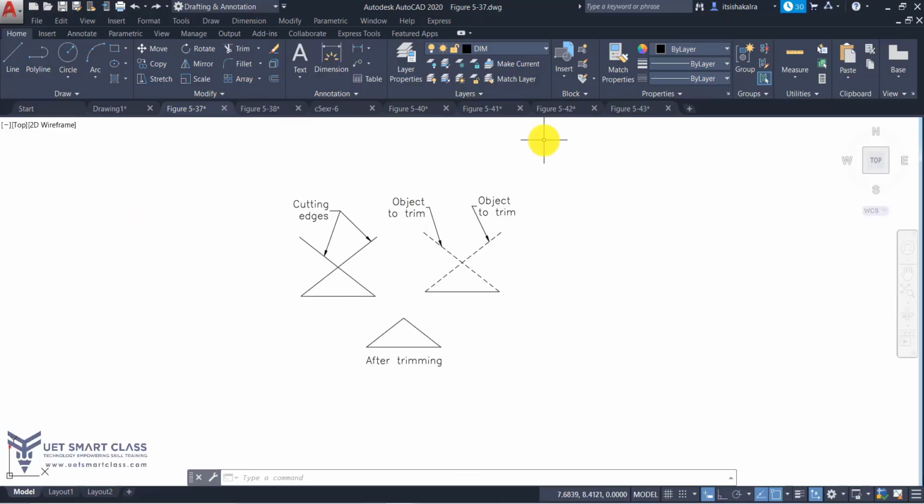See, what is trim about? For example, I have a figure here. These are the two extra edges which I want to cut. These are basically called cutting edges. The extra lines after this point are the objects to trim. So when I use the trim command, this will be my resulting object. So these were the extra edges. But I have to select the complete edges, then the other side. This is an intersection point, so it can trim this side as well and this side as well.